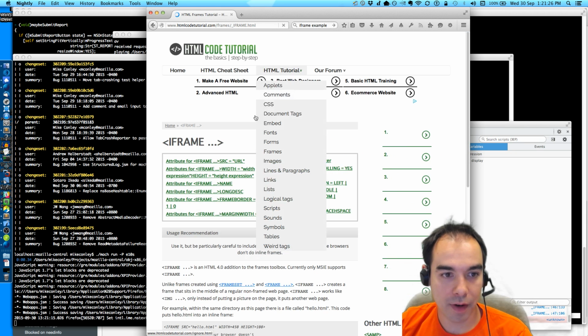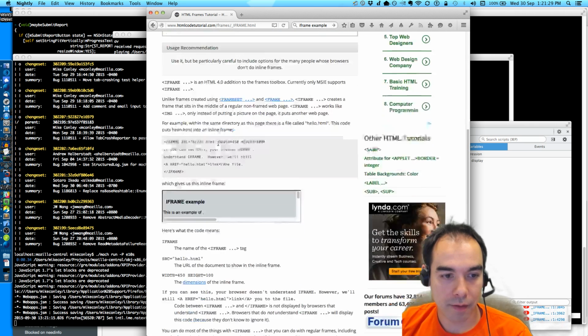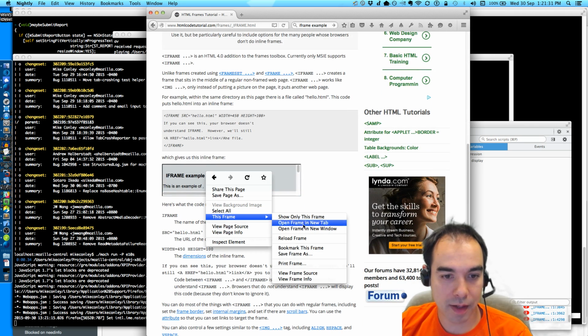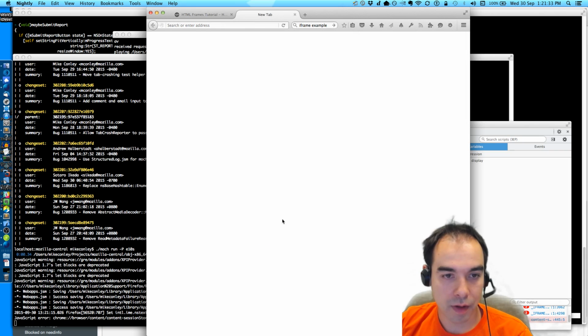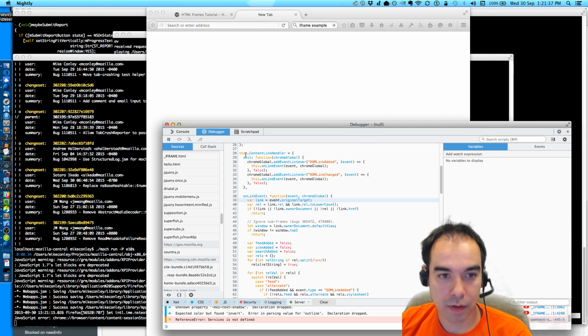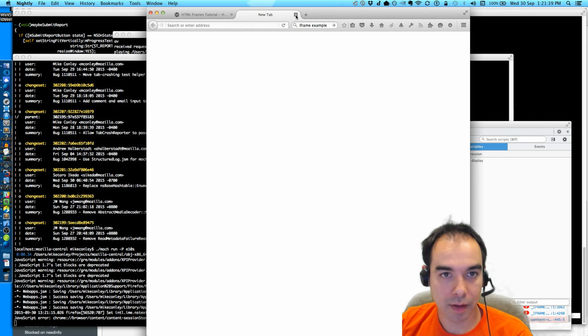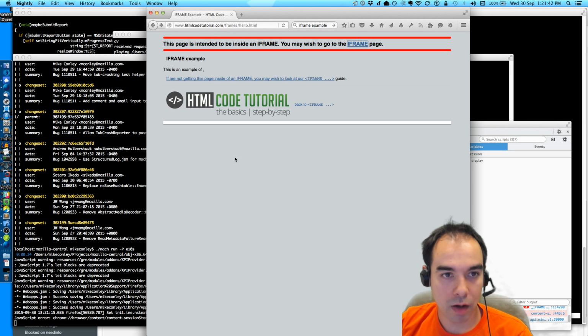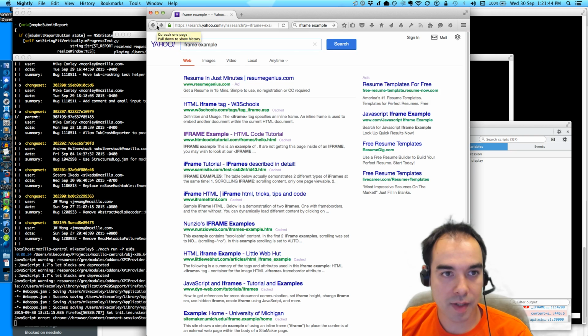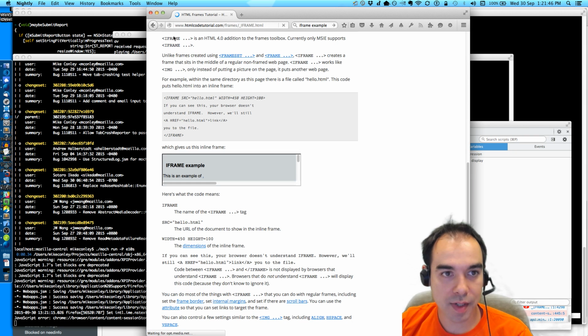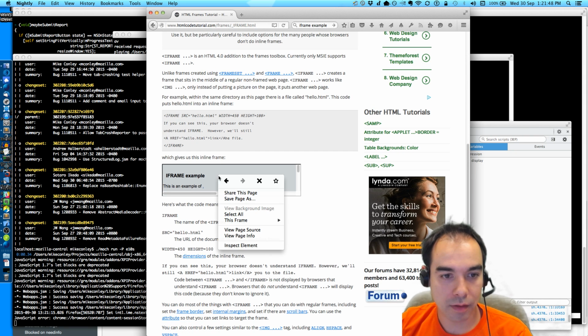Be inside an iframe. Iframe example. So does this page? Whoop! Did I hit my breakpoint? How come is view sourcing? What is happening here? Is view sourcing an iframe broken?